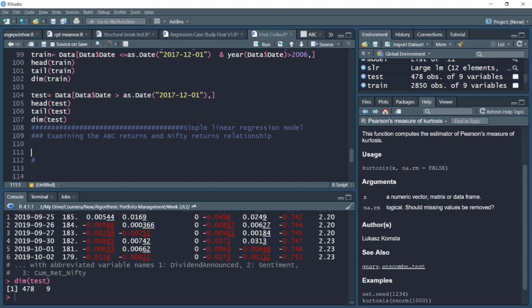So in R, this relationship examination is done with a very simple lm command. So we'll run this lm command, which indicates some kind of linear regression model is about to take place,